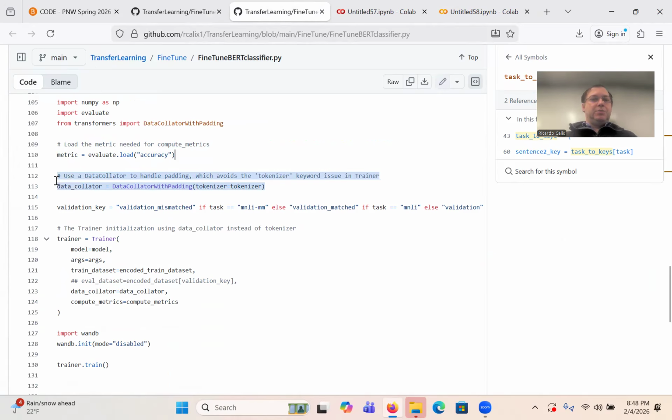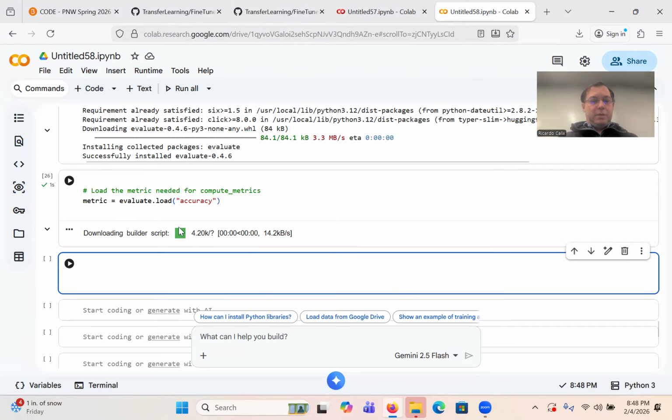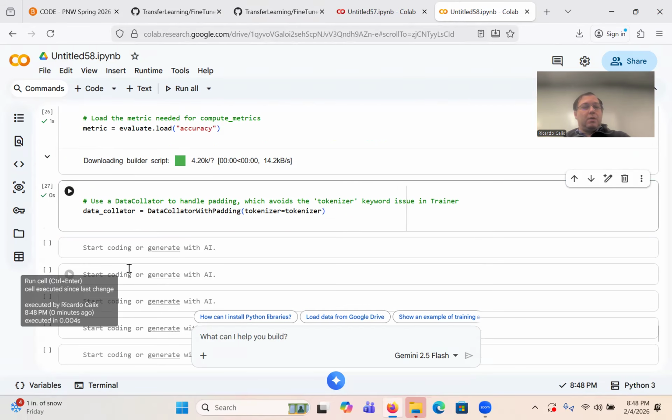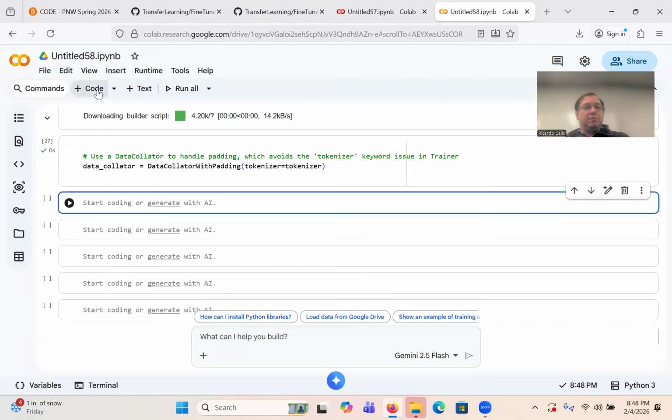Data collator. We use a data collator to handle padding, which avoids the tokenizer keyword issue in the trainer. So this is a workaround for a warning. I think you saw that I didn't use a data collator in other tasks, but this has become part of the workflow, as I've seen of late. Okay, so that's specified.